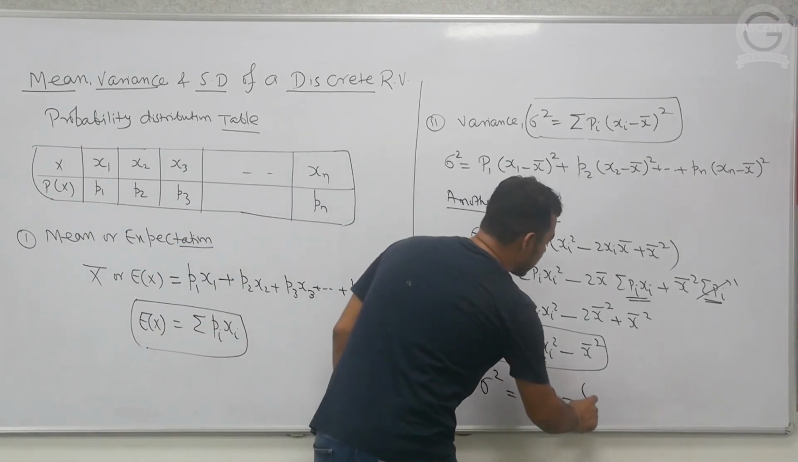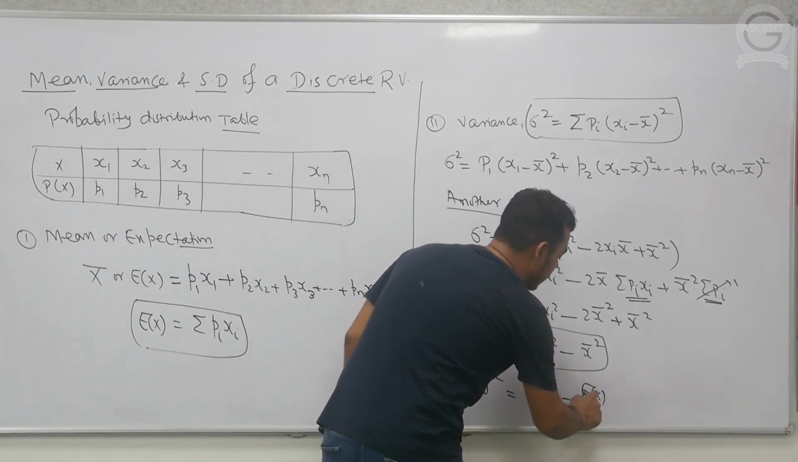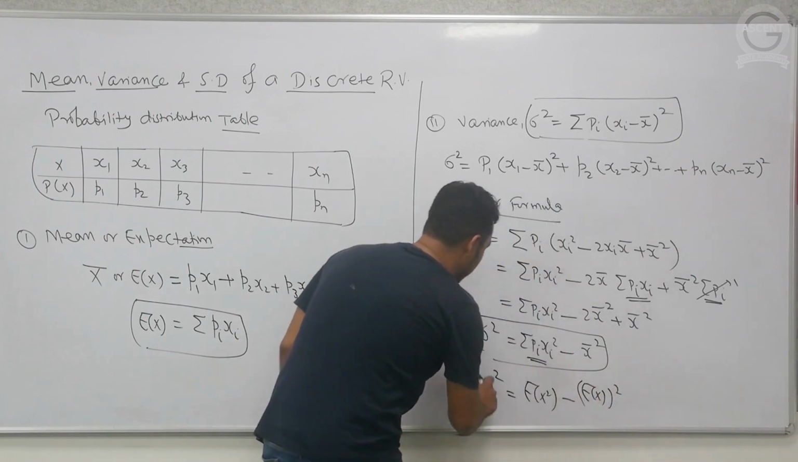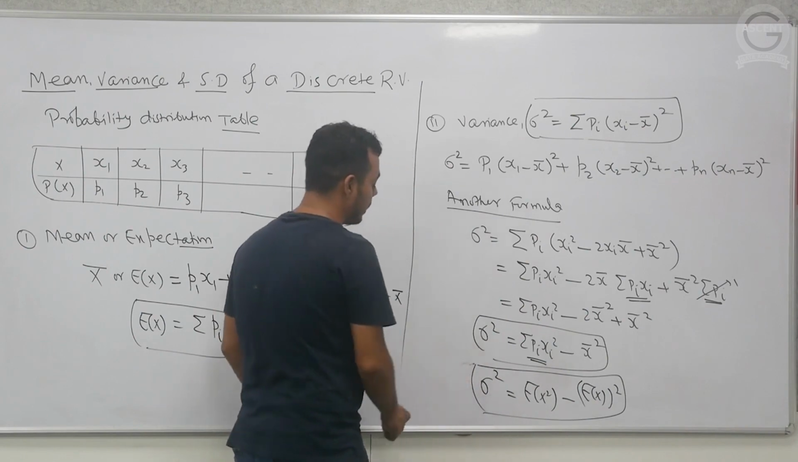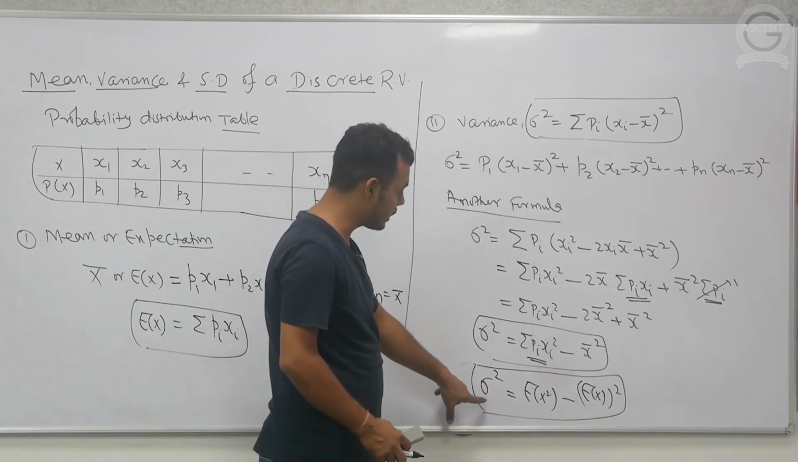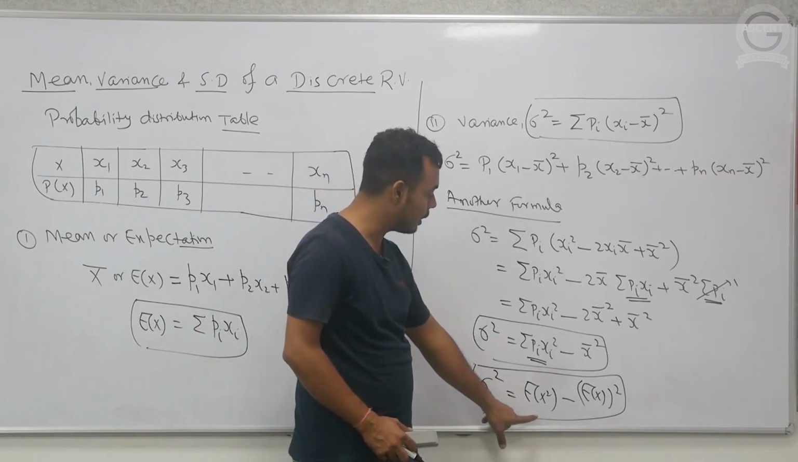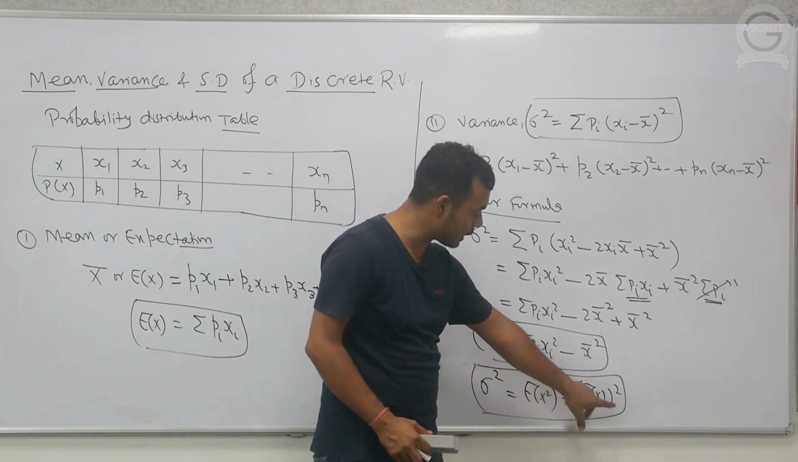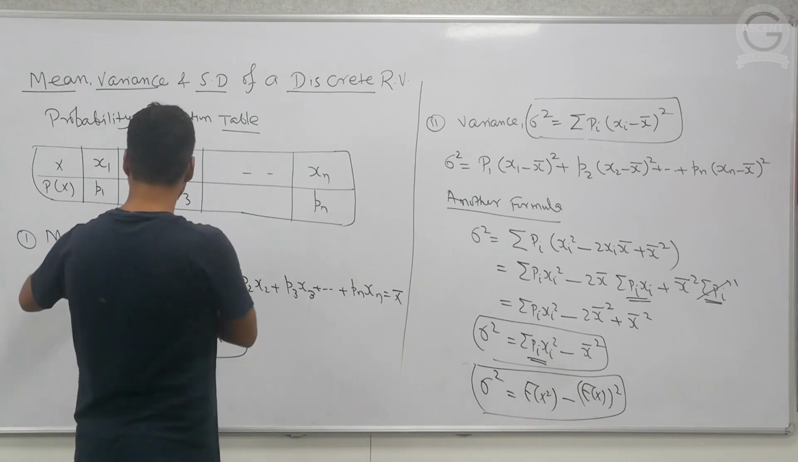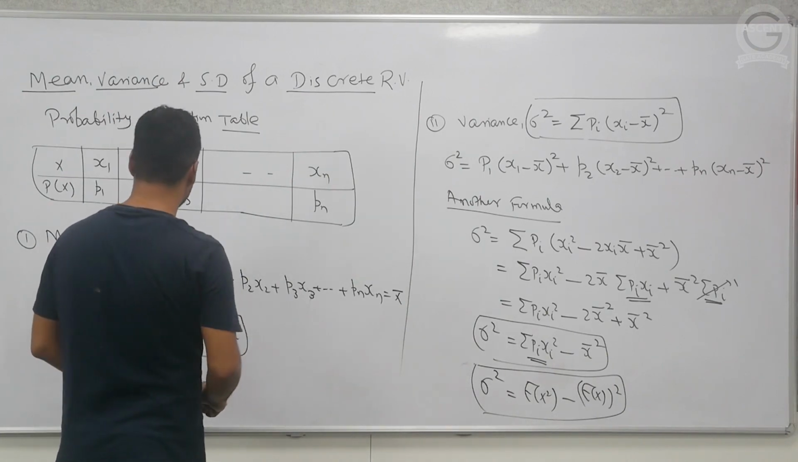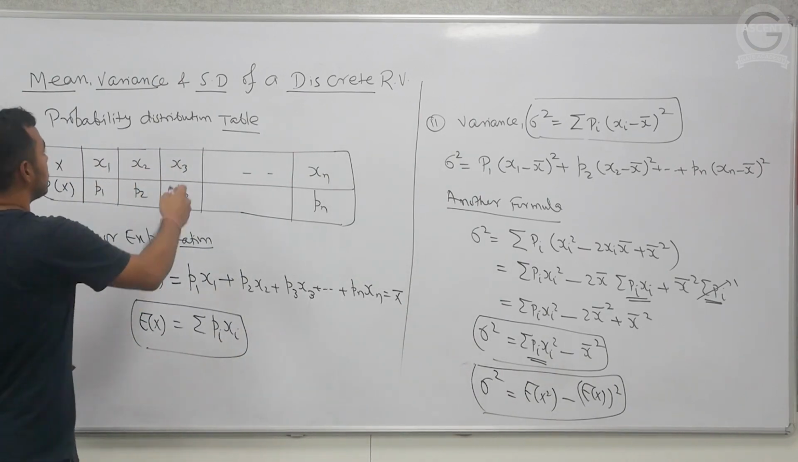So I can write this as expectation of x squared. So this is again a very important formula for calculating variance of any random variable. The sigma square is expectation of x square minus expectation of x squared. So this was all about mean and variance, and the last topic and the last formula that we have